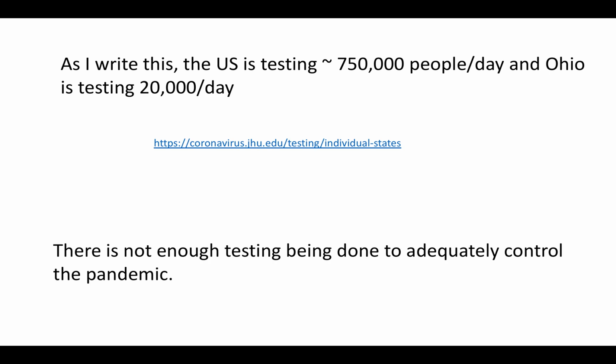pandemic. So, in order to be able to control the pandemic, you've got to be able to get a test without waiting, and you've got to be able to get your results in enough time to have some meaningful action as a result of getting those results. So as I'm talking about this now, most people can get a test within, say, a week in Ohio, and then about another week to get the results. So that's 2 weeks after they're worried that they might have been exposed. And that's way too long,